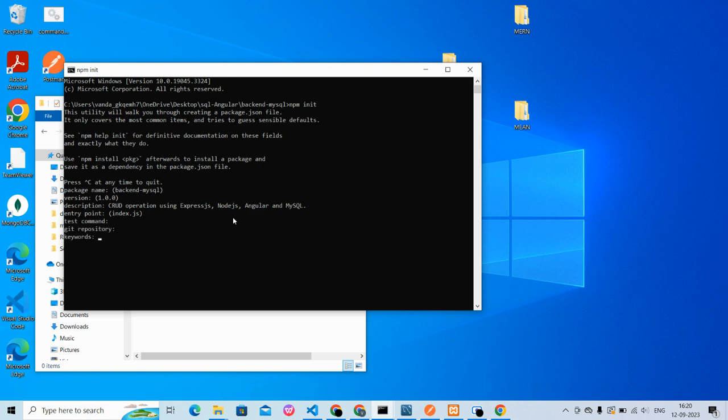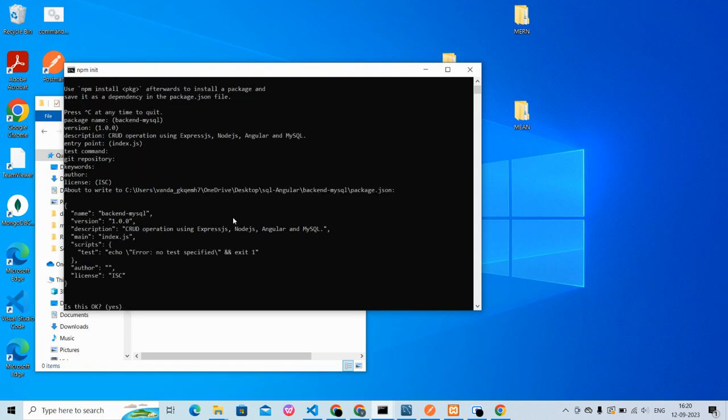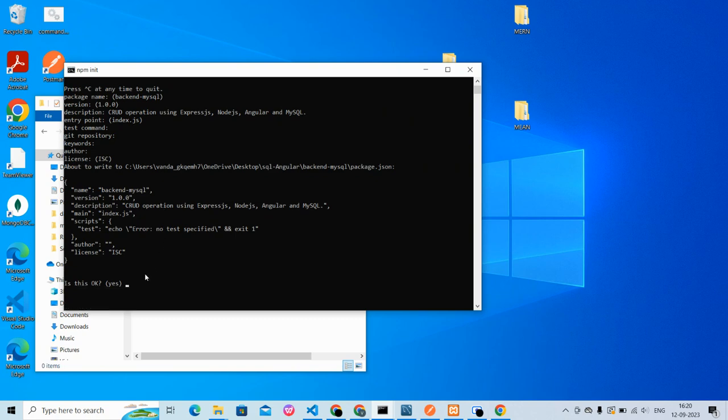Git repository, I'm not giving any Git repository because I'm not using anything now. And author, you can give your name or any author's name here, and license. So that's it. These are what I've answered till now. So this is over. I'll just give it as yes and press enter. Then I'll just open this in my Visual Studio Code. I'm using Visual Studio Code here